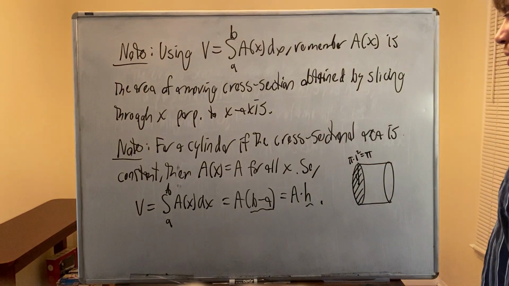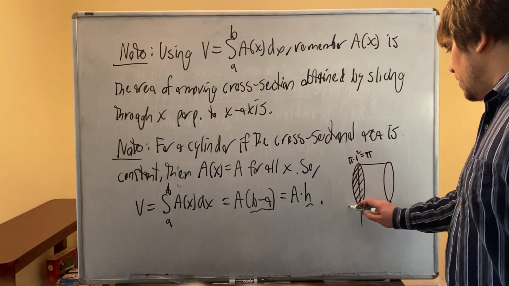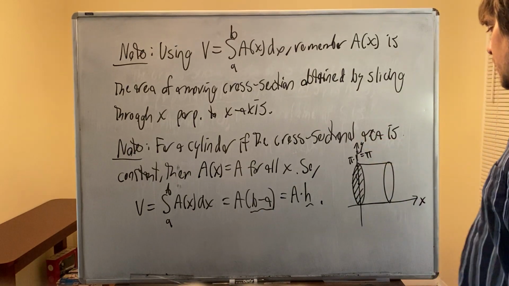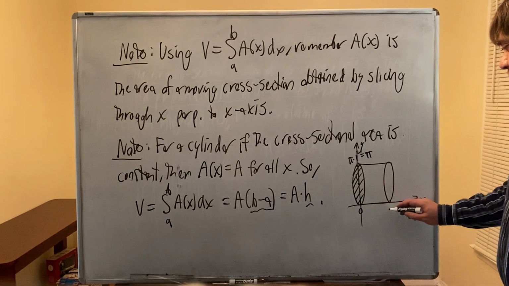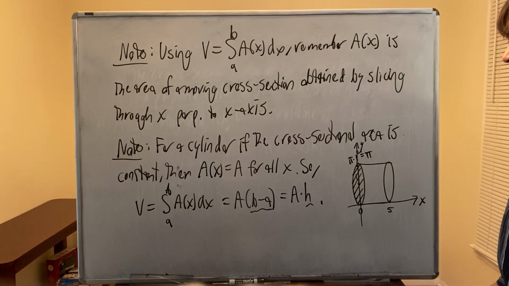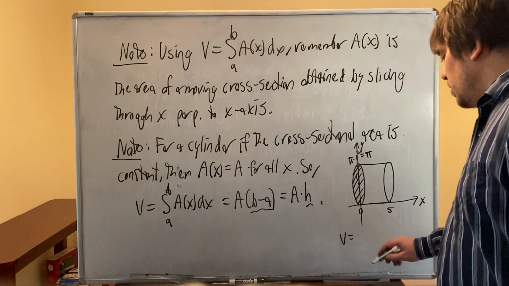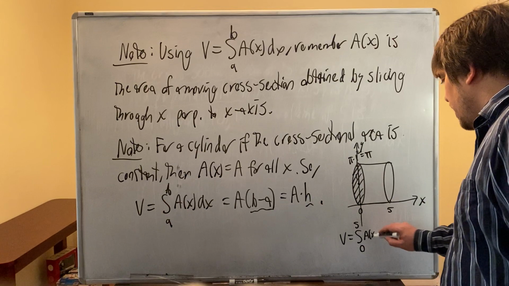And then let's say this is the x-axis and that's the y-axis. And let's say this is x equals 0 and this is x equals 5. Then the volume of that cylinder would be the integral from 0 to 5 of A of x dx,